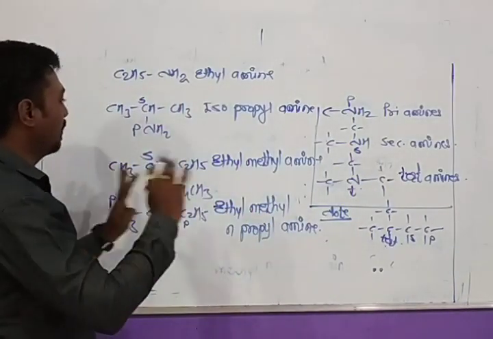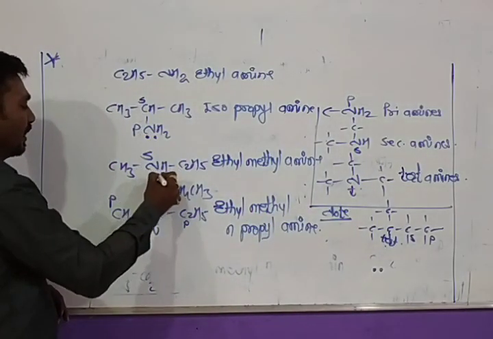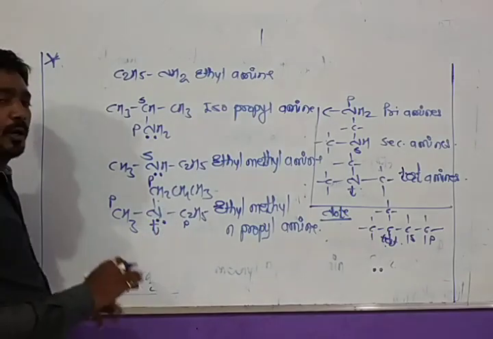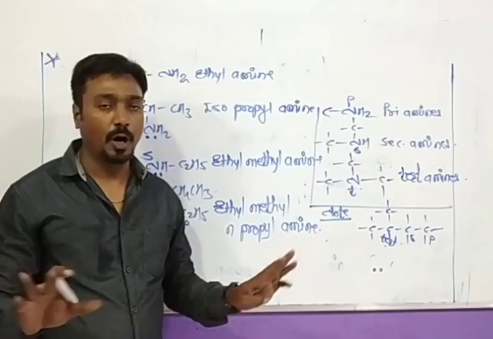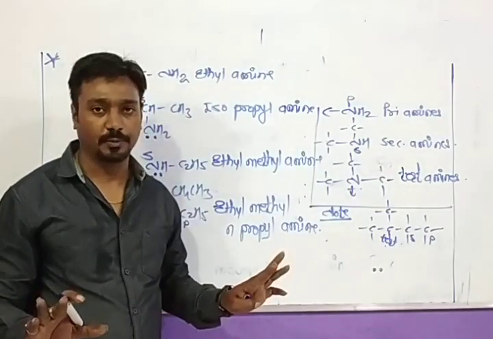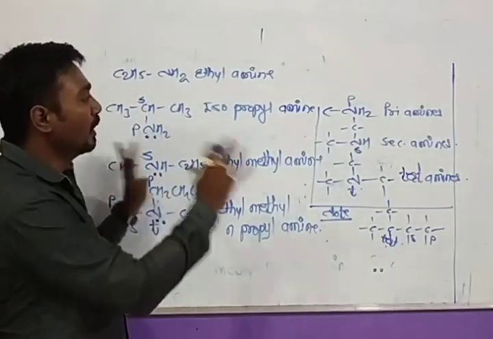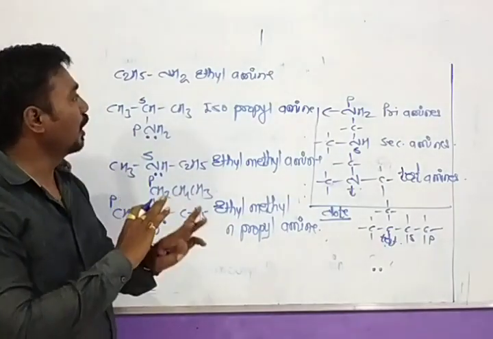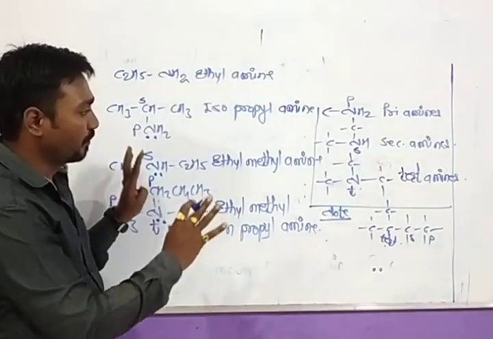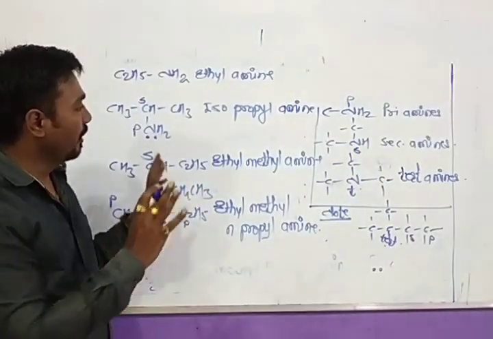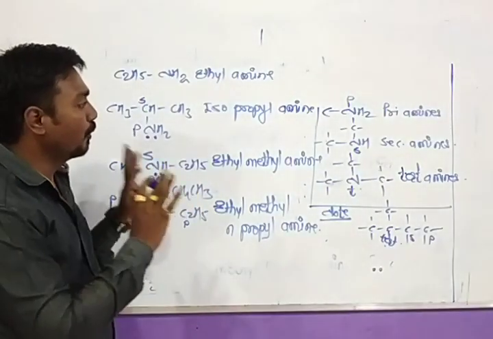All amines, whether primary, secondary or tertiary, contain a lone pair of electrons. Therefore, they are all Lewis bases or they act as nucleophiles. So, it is all about amines and different types of amine functional groups. I hope that you will all get it clearly, remember it and write it in your book.